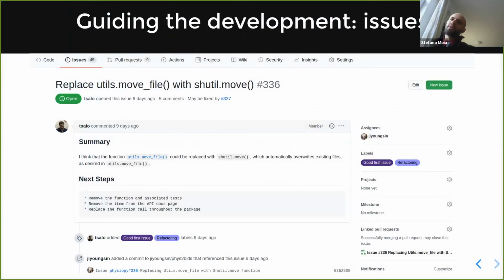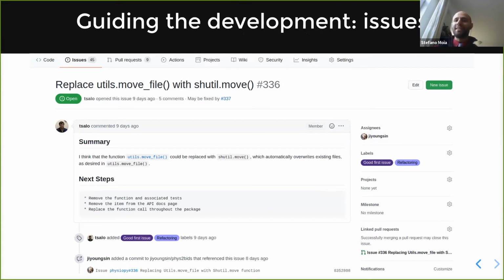All right, so we saw what a GitHub workflow looked like. We saw what a PR is. Now, how do we decide which PR we are doing? How do we decide what the development is? Who is guiding the development? Well, before we say who is guiding this development, I want to talk a little bit about how we can guide this development. And GitHub and any other platform like it give us a couple of very nice tools, very nice instruments. One of those is issues.